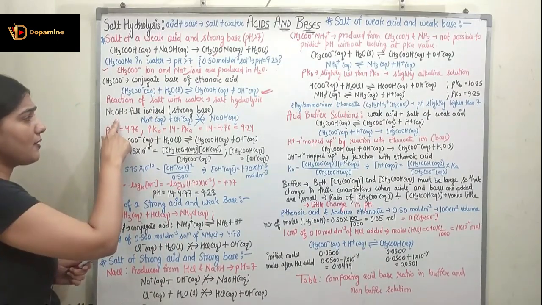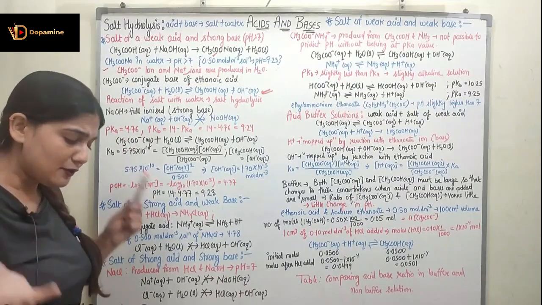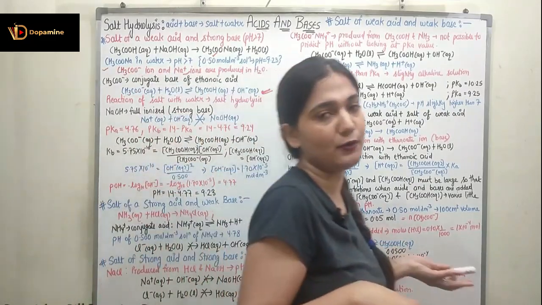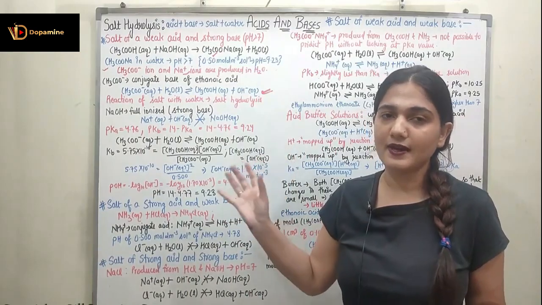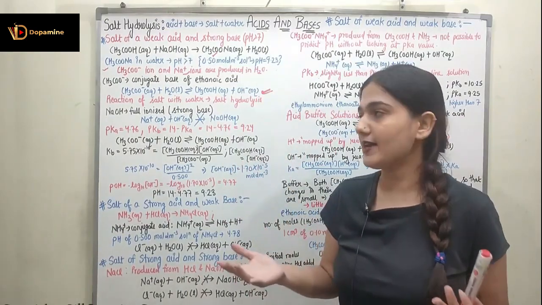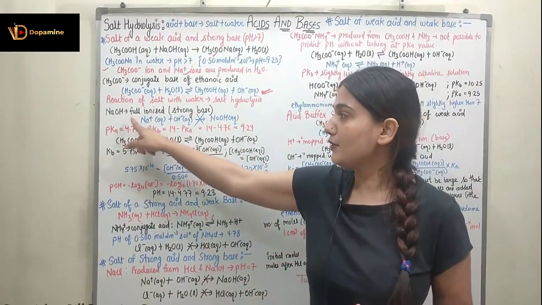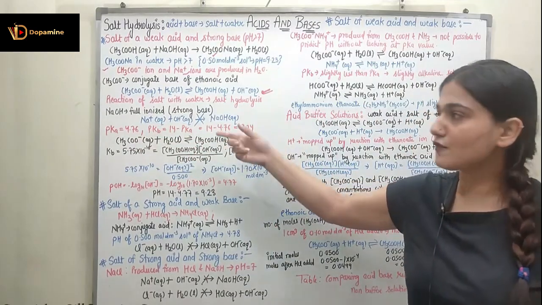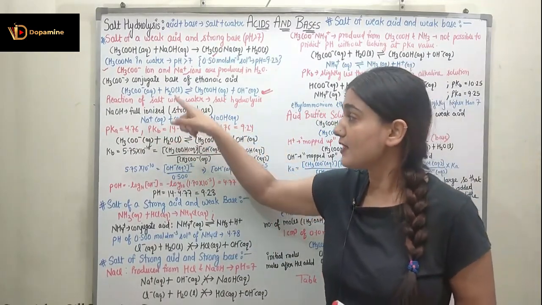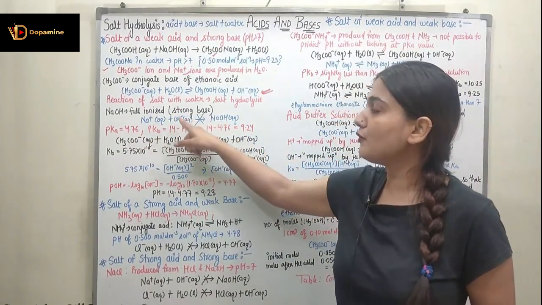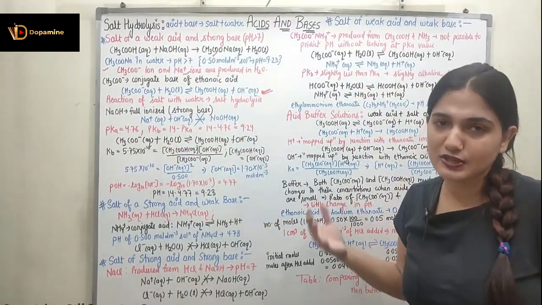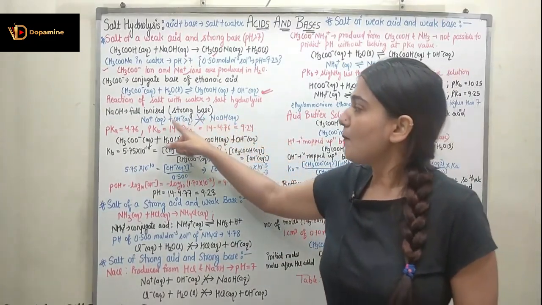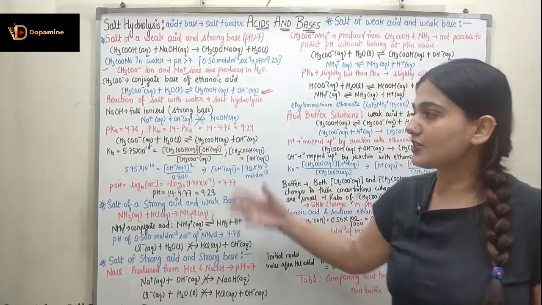Now I am talking about NaOH. I cannot do the same thing for NaOH. CH3COOH was a weak acid with partial ionization. NaOH, because it is a strong base, has full ionization. So Na positive will not react with OH negative to form NaOH; the reverse reaction will not be there. NaOH forms Na positive plus OH negative.